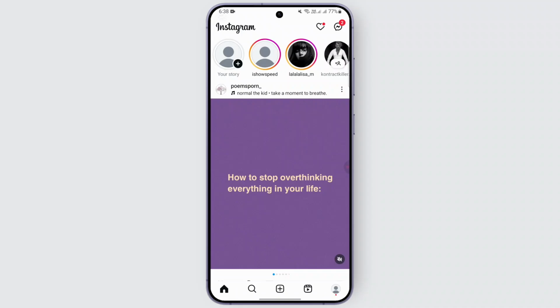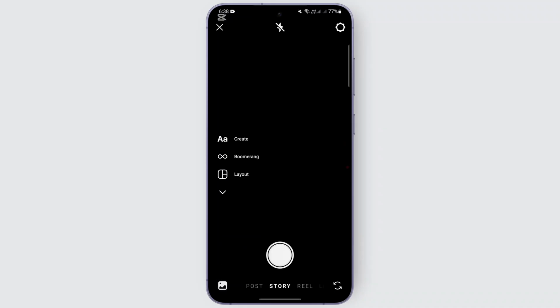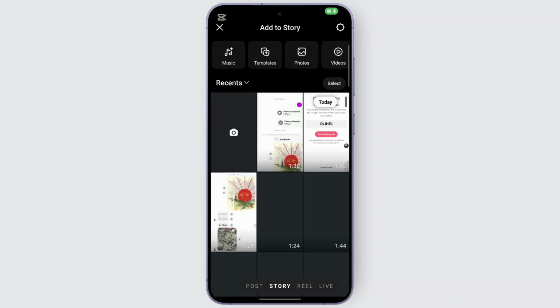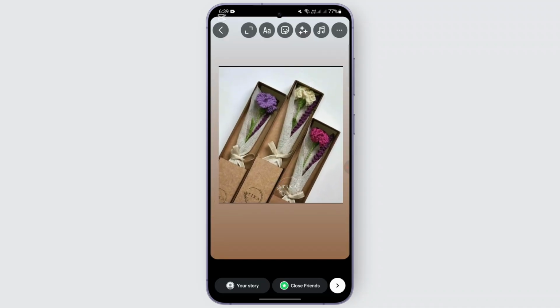So for that, you can open up your Instagram first, and once you are there, you can head over with the normal process of how you create a story. You can just go ahead and select up a picture from your gallery. For example, like this. Once you've selected the picture, if you want to make it whole black and change the